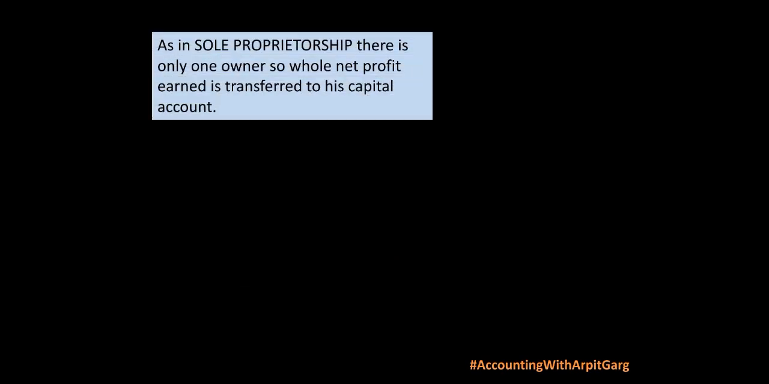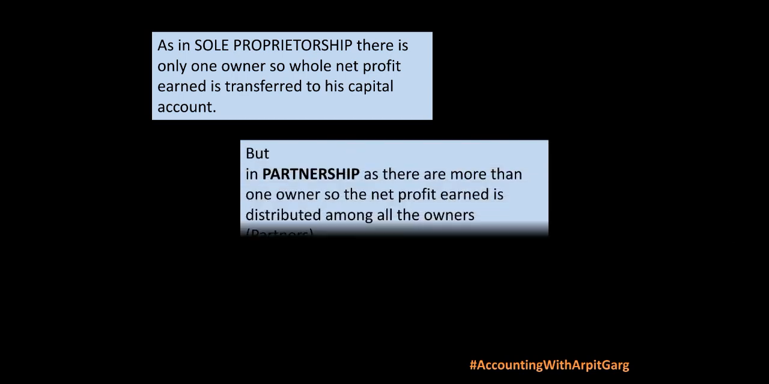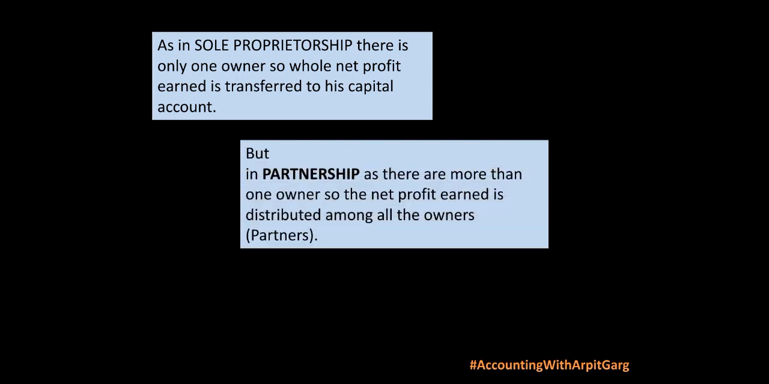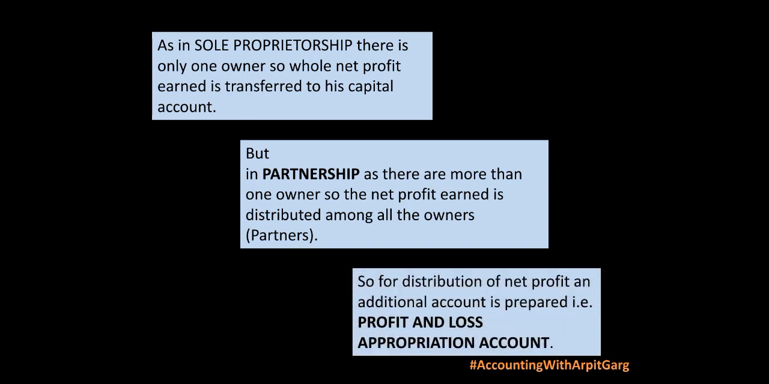as in sole proprietorship there is only one owner, so whole net profit earned is transferred to his capital account. But in partnership, as there are more than one owner, so the net profit earned is distributed among all the owners, partners. So, for distributing of net profit, an additional account is prepared, that is profit and loss appropriation account. So, for partnership firm, the accounting cycle followed is: